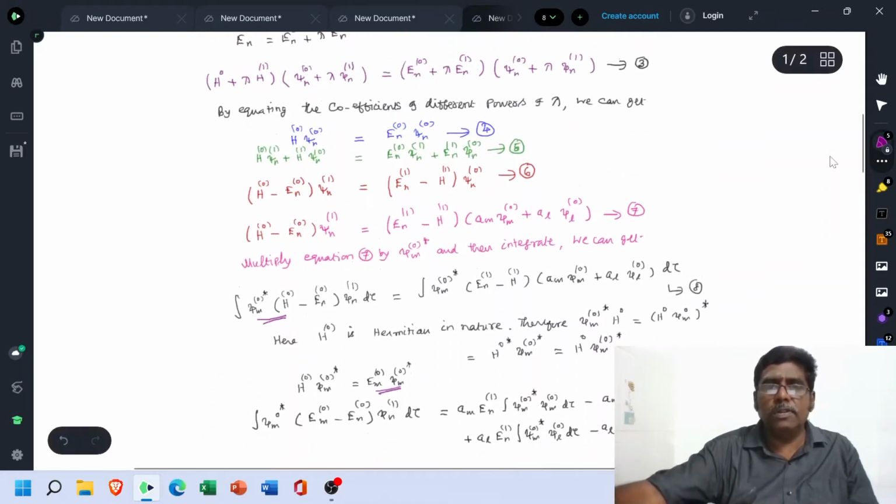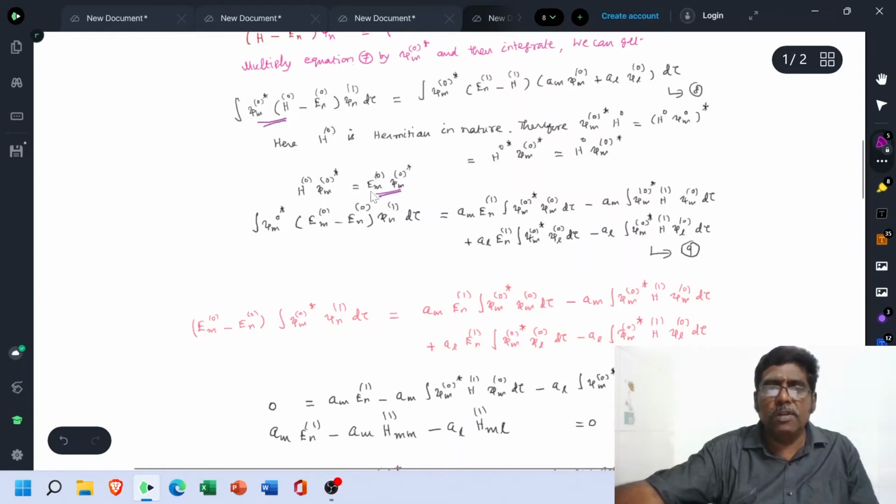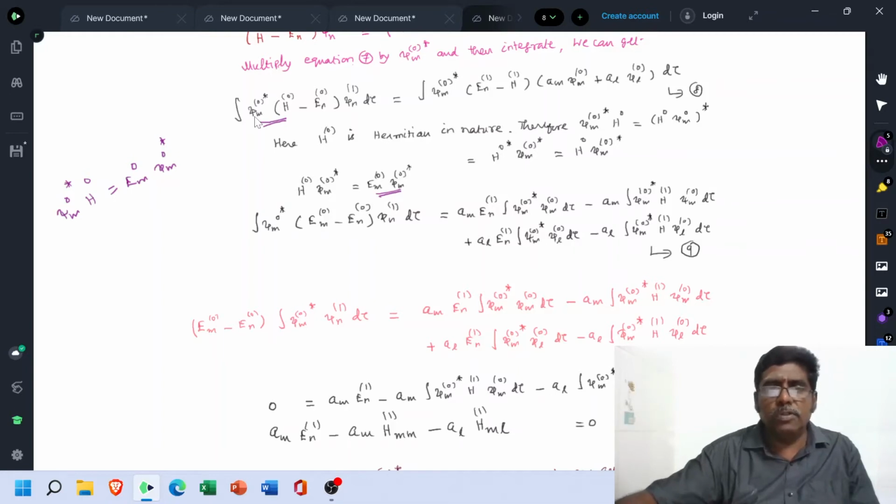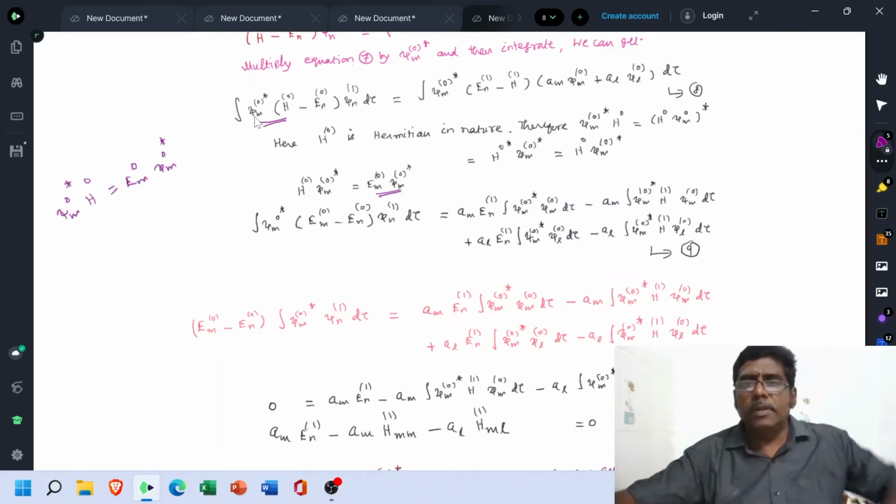Using this logic, H0 psi n0 equals En0 psi n0. Here H0 psi m0 star is equal to Em0 psi m0 star. So instead of this term psi m0 star H0, we can write Em0 psi m0 star. Keep this psi m0 star outside. Instead of H0, put Em0. So psi m0 star into Em0 minus En0 into psi n1 d tau, which is equal to, say, we have